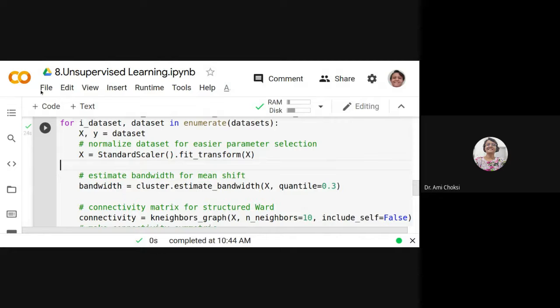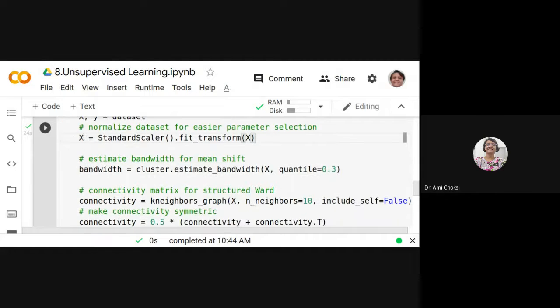So that's what we are doing. And with that, we do the fit_transform, right? So our data which was there in X is now modified into the standard scaling pattern, isn't it?